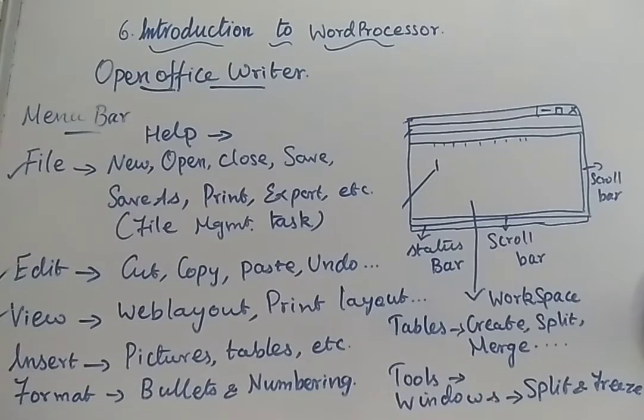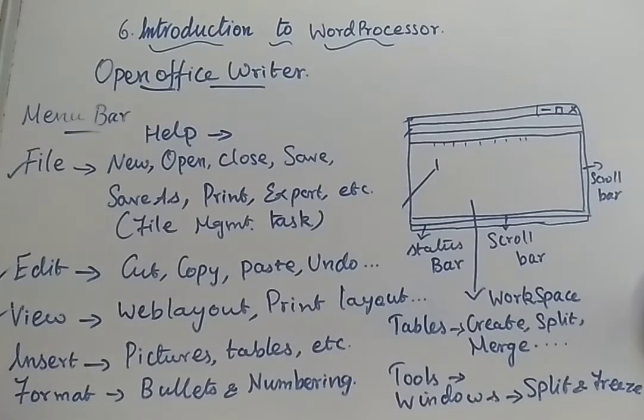For example, simply to say, it is your print layout. After typing the document, you are going to take the printout. Before taking the printout you must have a view of what you have typed and how it is looking. Just by clicking this one, you will have a submenu. There you have to select the print layout, and it will be displayed for you. Then if you are willing to print, you can print.